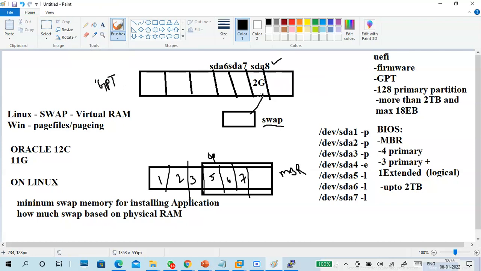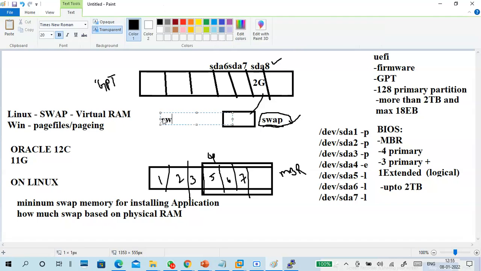I create a partition and I have to tell. Normally, after creating a partition, we have to format, right? Format for storing your files. But this is a swap partition. Which format? Swap format you have to do. Next, swap is not files or directories, right?